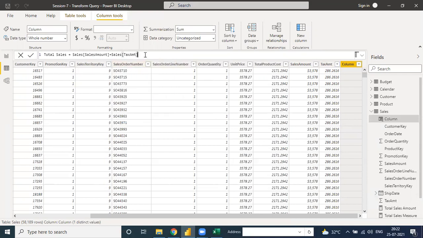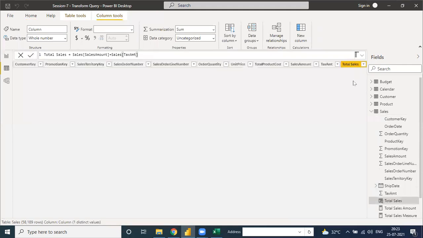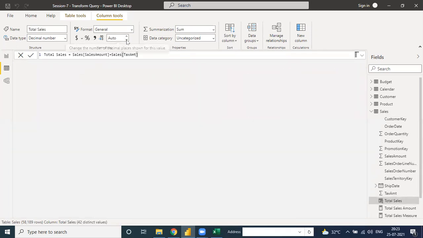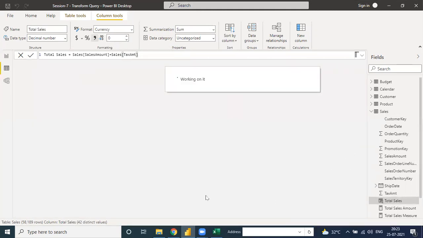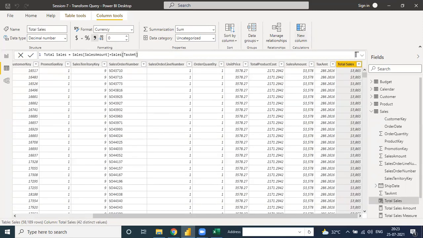Just enter these two and enter. See the impact of this. The total sales is entered. Remove the two decimals. The total sales value is done via adding a new column.